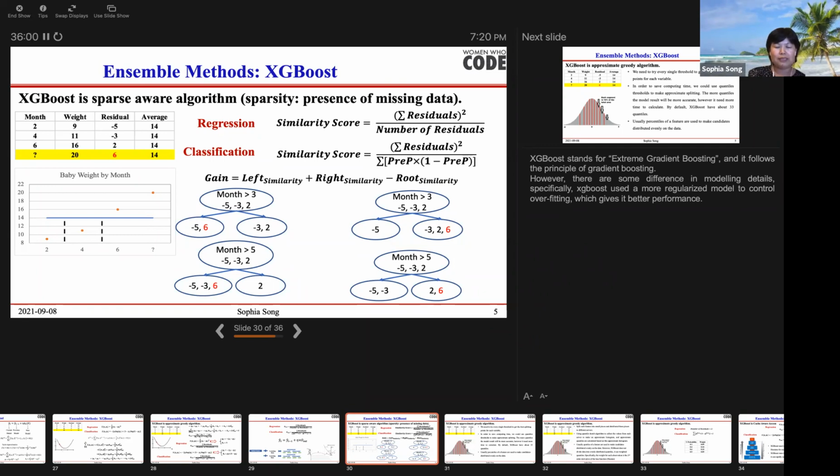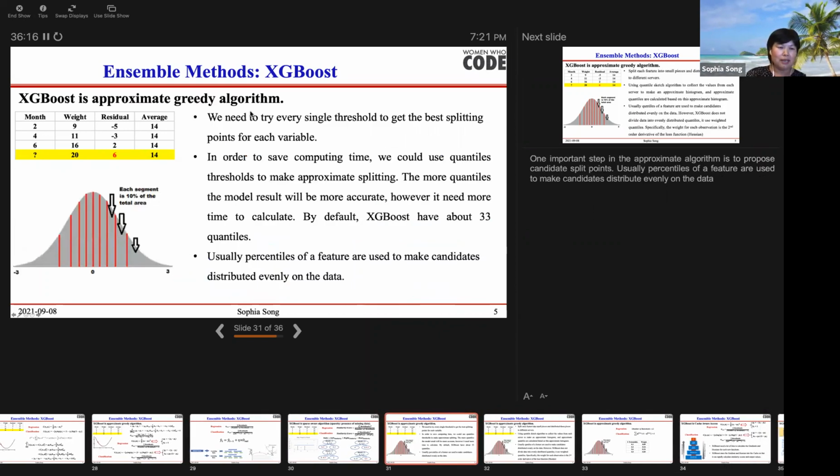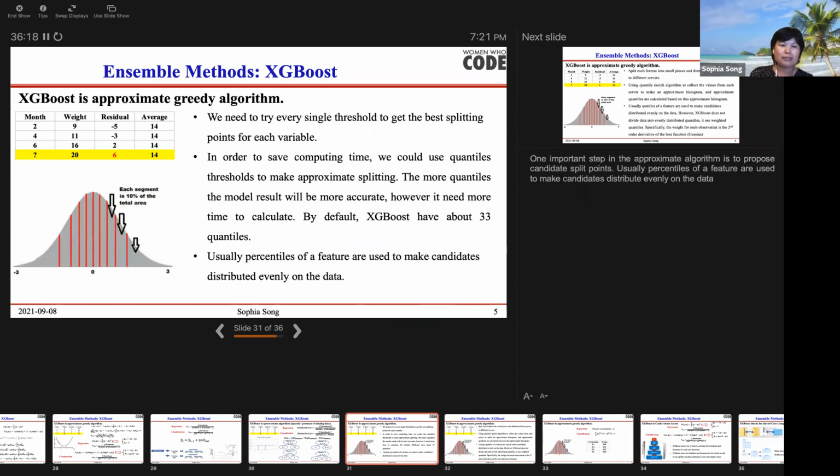It's sparsity actually. Sometimes you have a missing value, sometimes it's a zero value, or for the record, all the feature values are zero. So it's sparsity here. Sparsity means the missing value. This is XGBoost's sparsity awareness. Another thing is that XGBoost is a great